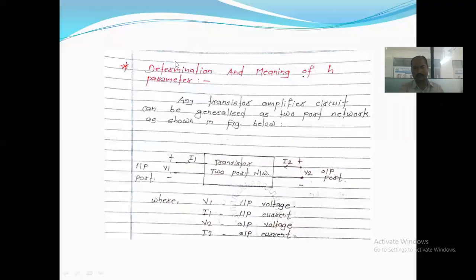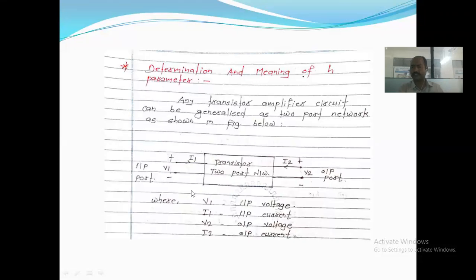Should I repeat it? Okay, no problem. Should I explain in Marathi or in English? Actually, if I explain mostly in Marathi, the problem is that there are so many placement companies coming to our campus. They require you to have better English communication, so we must prefer English as our communicating language. Some small things I can explain in Marathi. Is it okay?